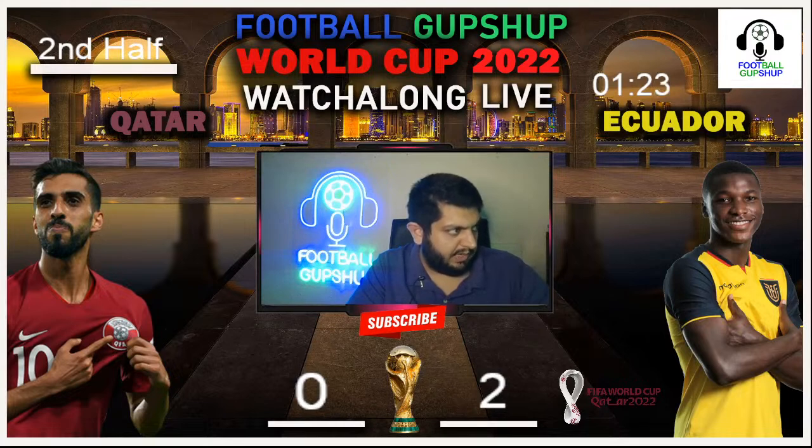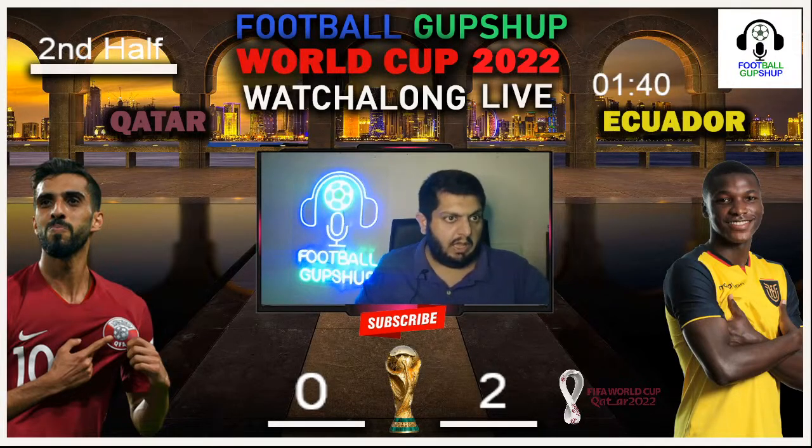This is going to be interesting. Ball being played in towards the center. Right now, Ecuador are trying to retake the possession. Qatar once again on the ball, trying to go forward. It is with Ecuador, trying to run in from that left flank, still trying to go forward. You can clearly see they are on the ball, but once again, the ball is back with the goalkeeper.